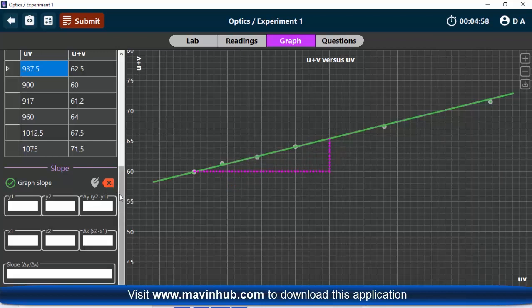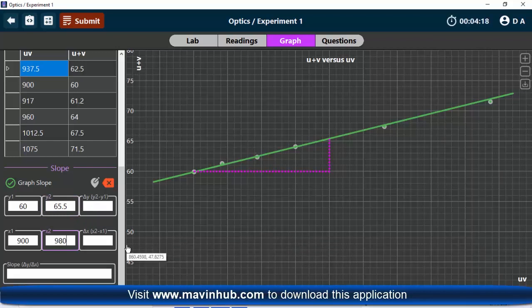Then I'm going to indicate the values there. At point 1, y1 is 60 and x1 is 900, that's the value on the x-axis. Then y2 is this, which is 65.5, and the corresponding x value is